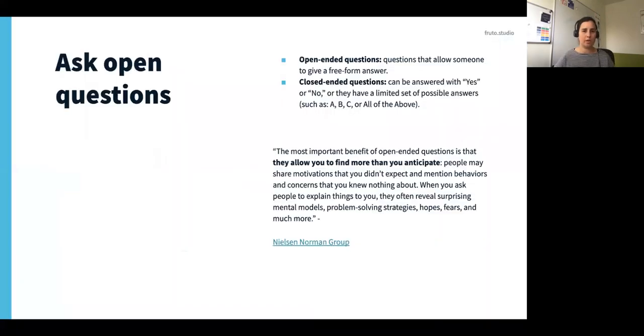In terms of conducting user research, there are three main things to think about. One of them is to ask open questions. Very often in our day-to-day conversations, we're asking closed questions all the time. Open-ended questions are questions that allow someone to give a free-form answer, and closed-ended questions can be answered as a yes or no, or they have a limited set of possible answers,